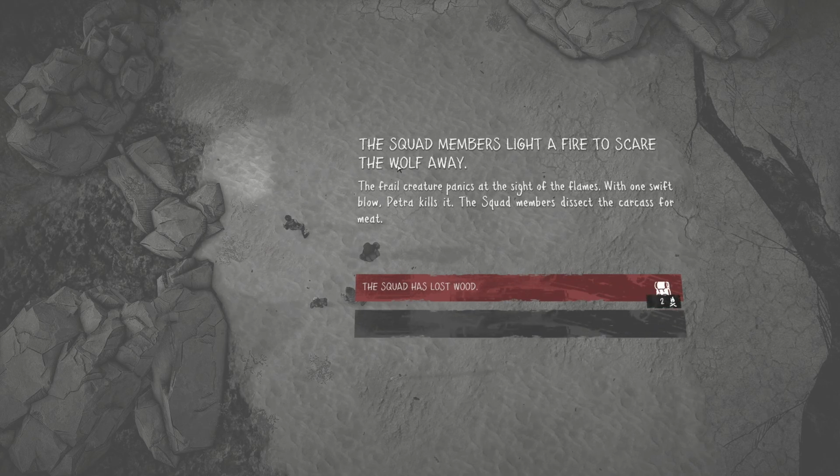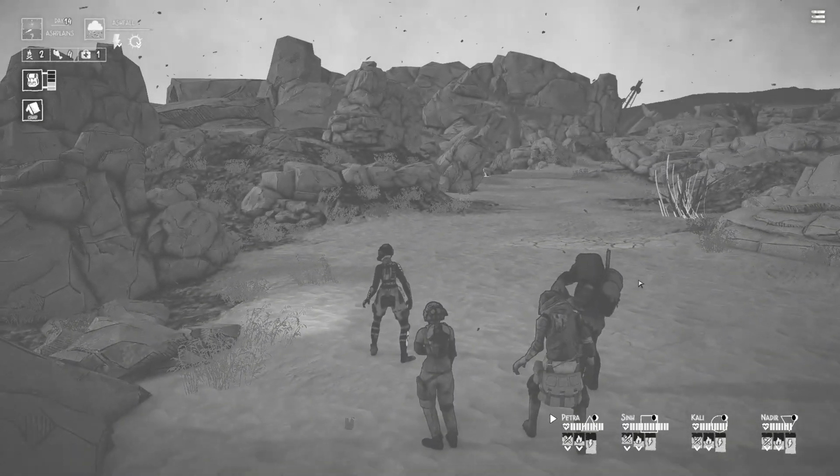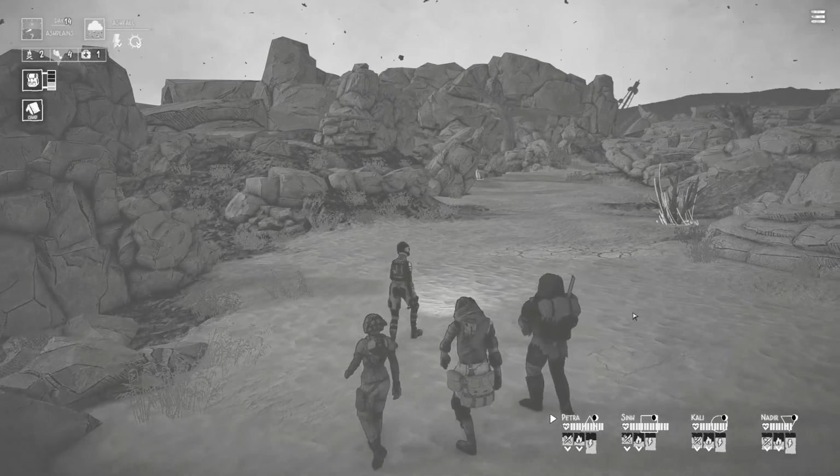just really nice. The squad members light a fire to scare the wolf away. The frail creature panics at the sight of the flames. With one swift blow, Petra kills it. The squad members dissect the carcass for meat. Okay, so we've lost the wood, but we've found food. We found 4 food, in fact. That's a good find. That's a good trade-off, especially considering we have a couple more wood we can grab over